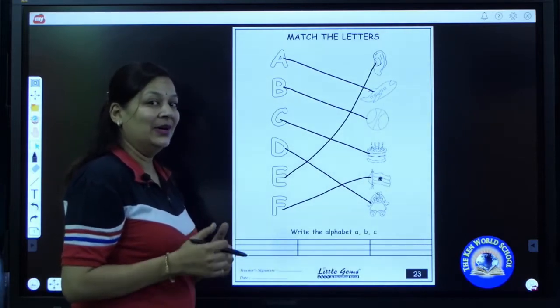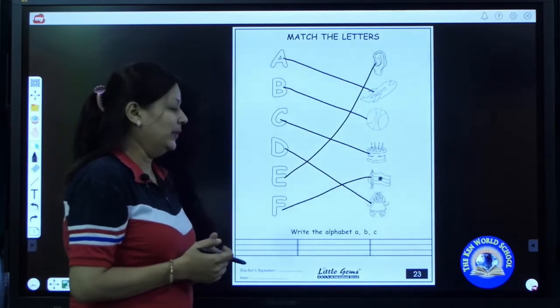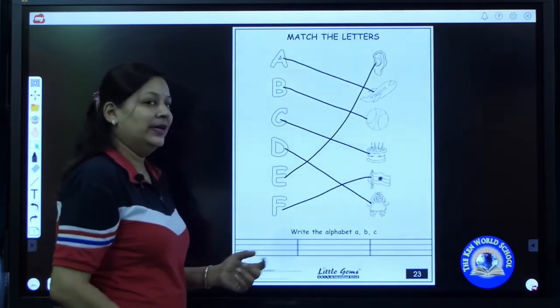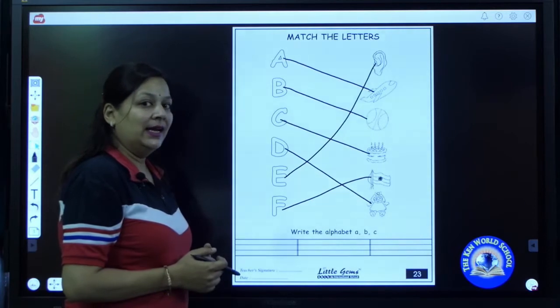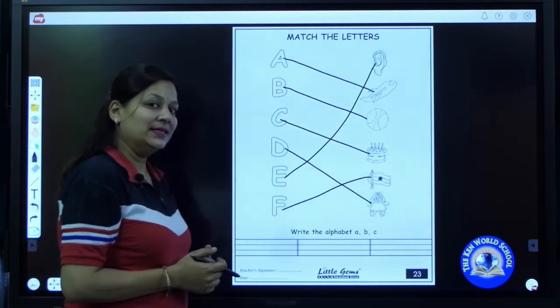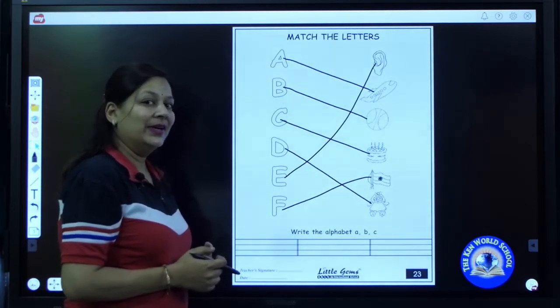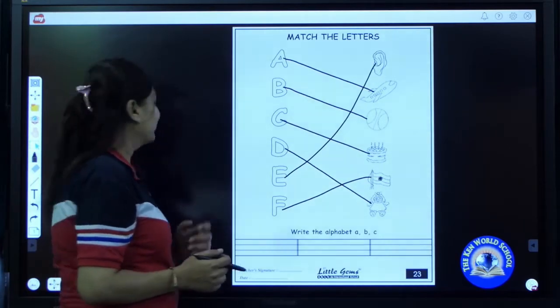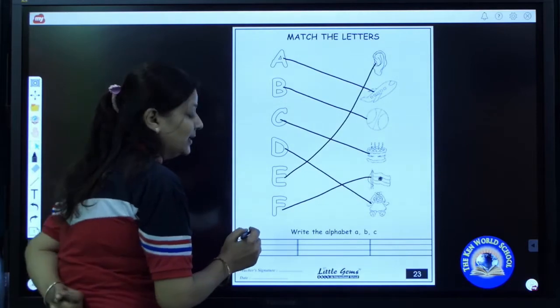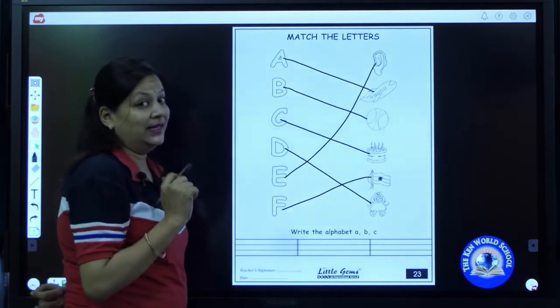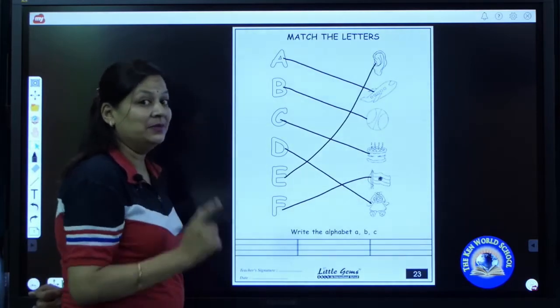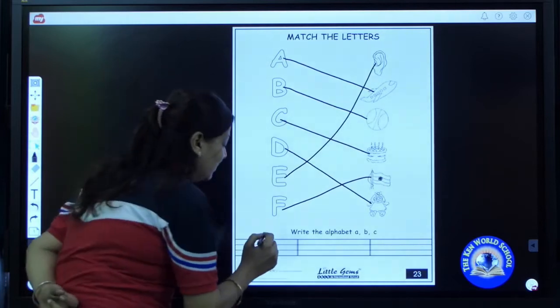Okay, great job. Now what we are going to do? We are going to write A, B and C. We are going to practice these letters again. So let's write. First of all, I will write and you will write after me and speak with me.